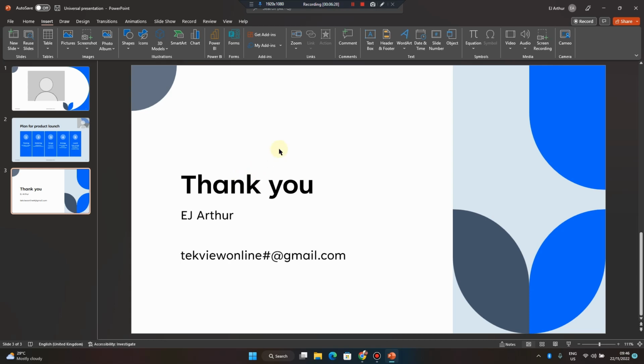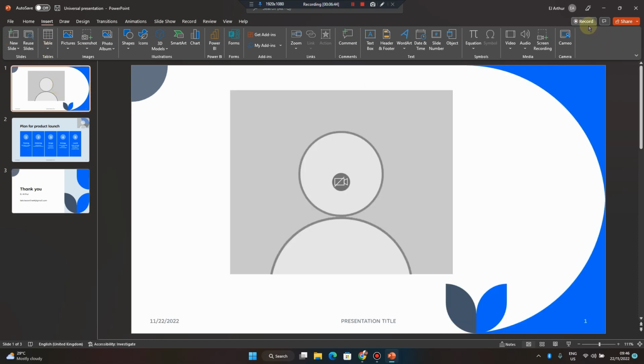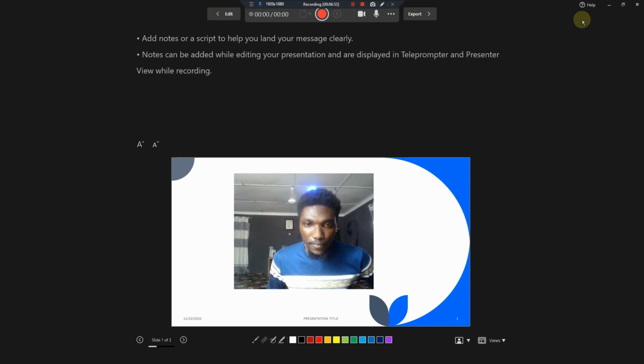So how do you get this? How do you actually do the presentation? Now, what you are going to do is to look at this side. On the far upper right corner of the screen, you have something here called record. So you set it here, you click on record. It is not going to record immediately, so don't worry. You click on record. Now on the record tab, I want to